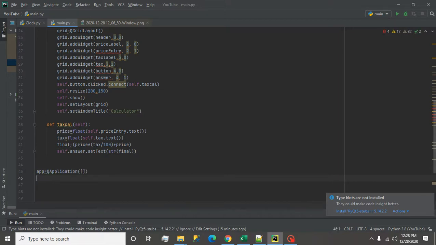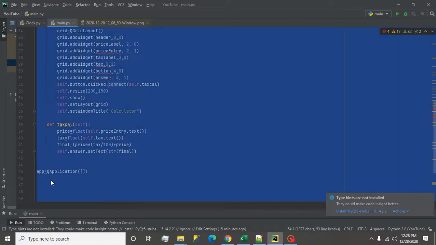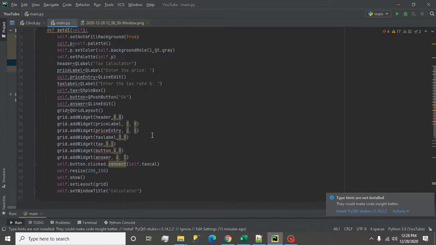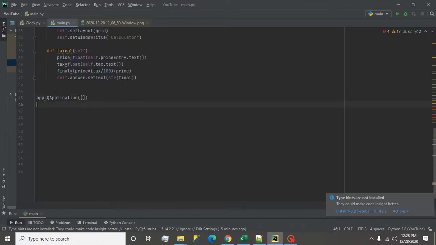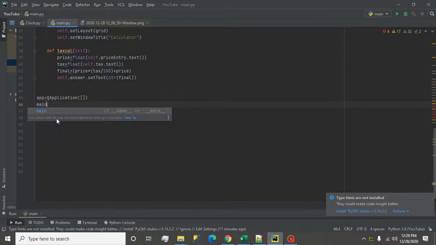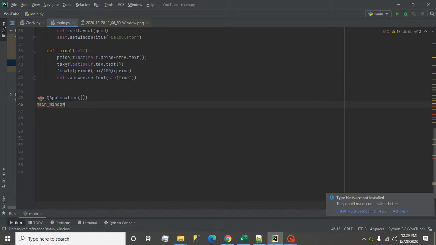And now I create one main object. So I write main window, main underscore window, and I call our main class, which is main window.